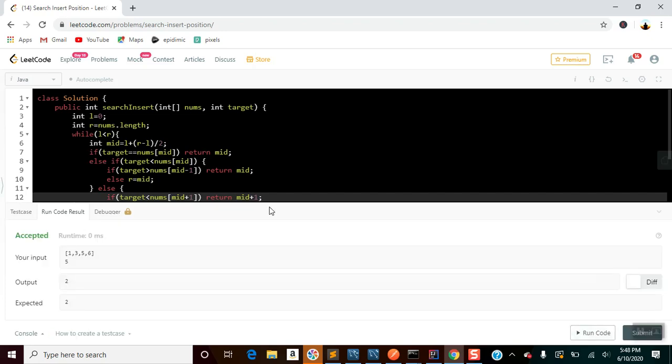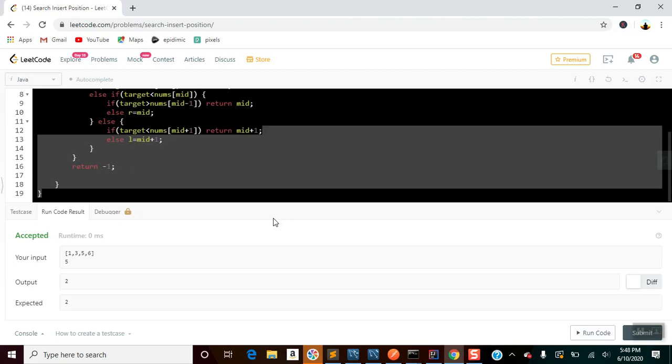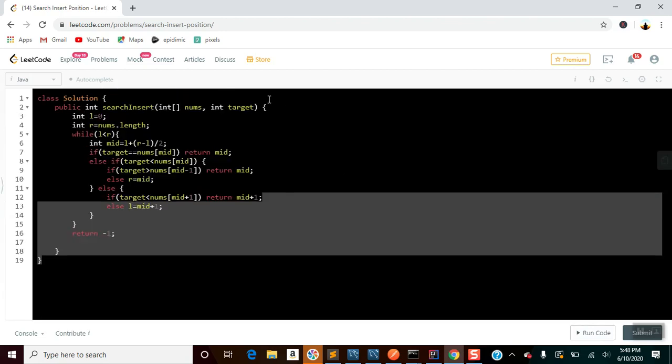Perfect, it's working, right? So there is one scenario, you have to check the boundary condition.